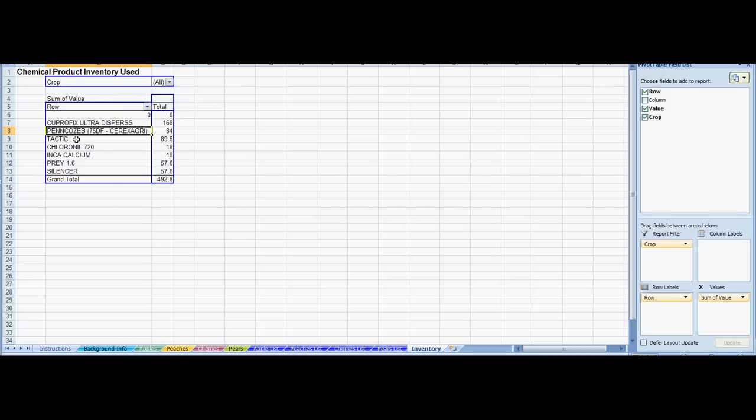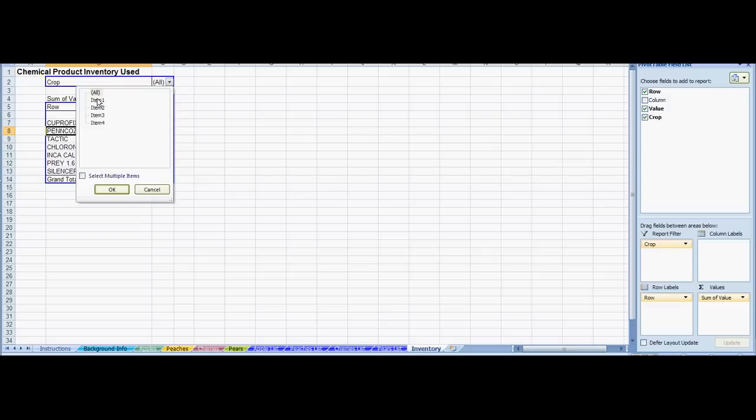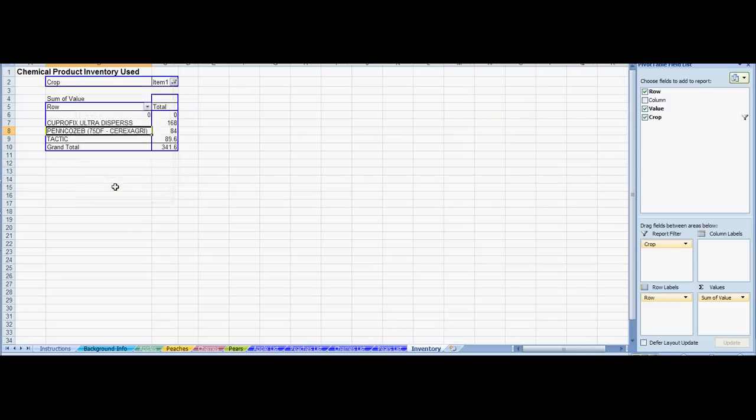I can see what I've used across all crops. I've included some additional products from the Peach tab, or I can see what I've used by the individual crop. This will be an example for apple. See, the same products that I had entered before appear right here in the pivot table, and I can see exactly how much I've used out of my inventory. I hope this Excel tool helps you streamline